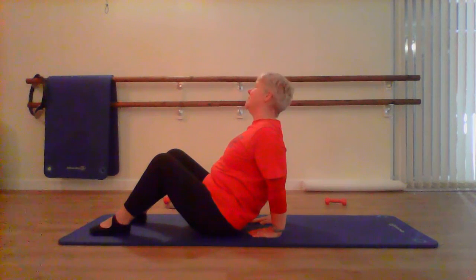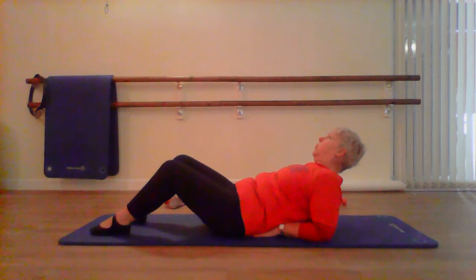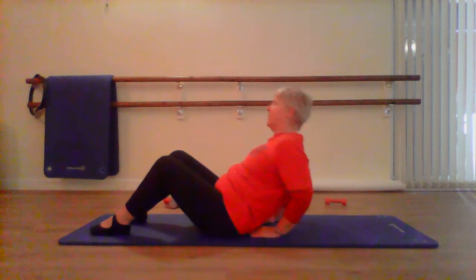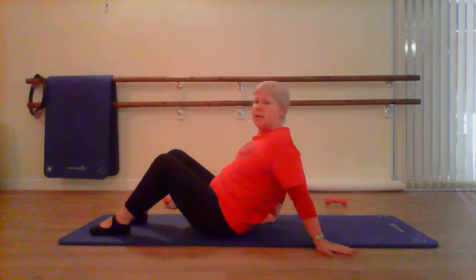You should feel it opening up the chest, you're going to feel it in your upper arms. 1 more. And then back down. Now you could stay there. If it's getting a bit too much for your shoulders, lie flat on the floor, arms out. Alternatively, you could come up, take your hands back,